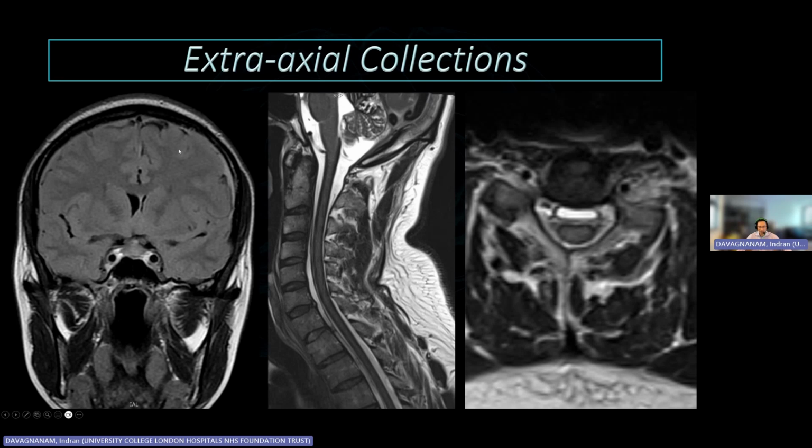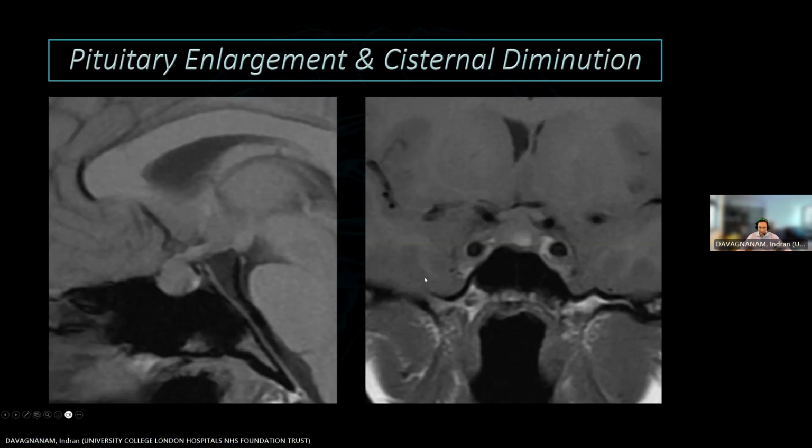The CSF volumes diminish, and therefore you get fluid collections that fill up the potential space within the dura, and they surround the brain parenchyma and sometimes the spine. And sometimes it's quite difficult to distinguish these fluid collections from actual CSF leaks. So we sometimes describe this as a wet appearing epidural space on some of our scans rather than a defined collection. What also happens is that some other structures which are outside the blood-brain barrier become hyperemic and